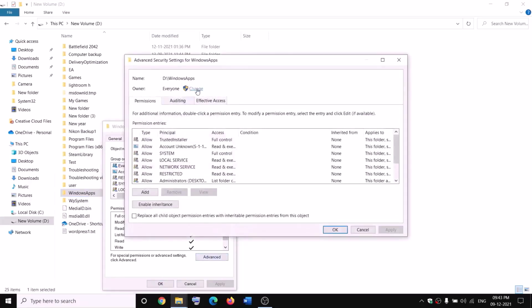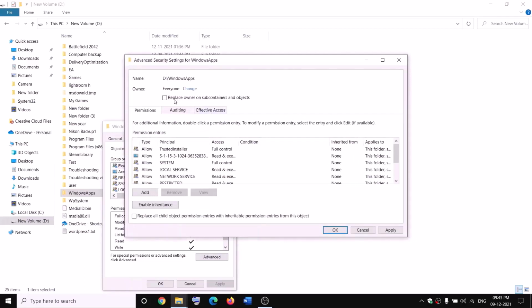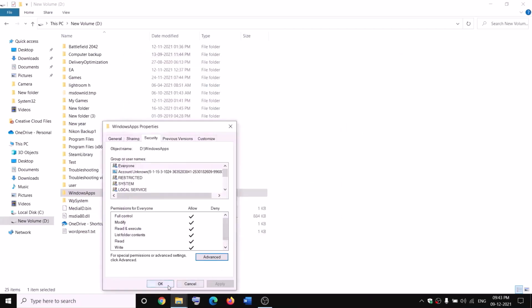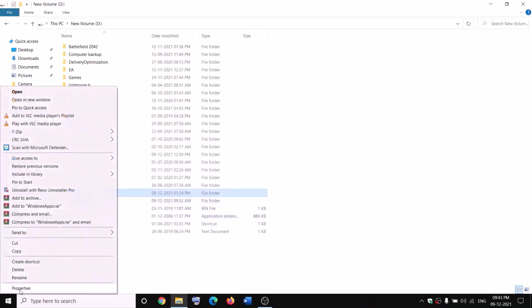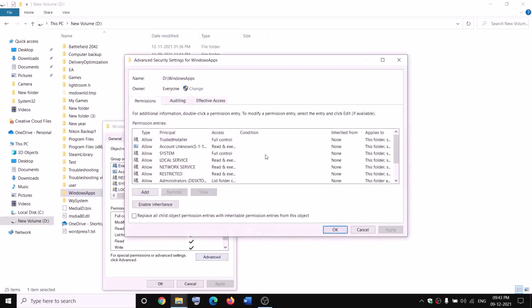Now click on change over here, type in everyone in the box. Now click on check names, then click on OK. Now put a check on the box which says replace owner on subcontainers and objects and then click on apply. OK, OK, again OK. Again right-click on Windows apps, select properties, security tab, advanced, and this time